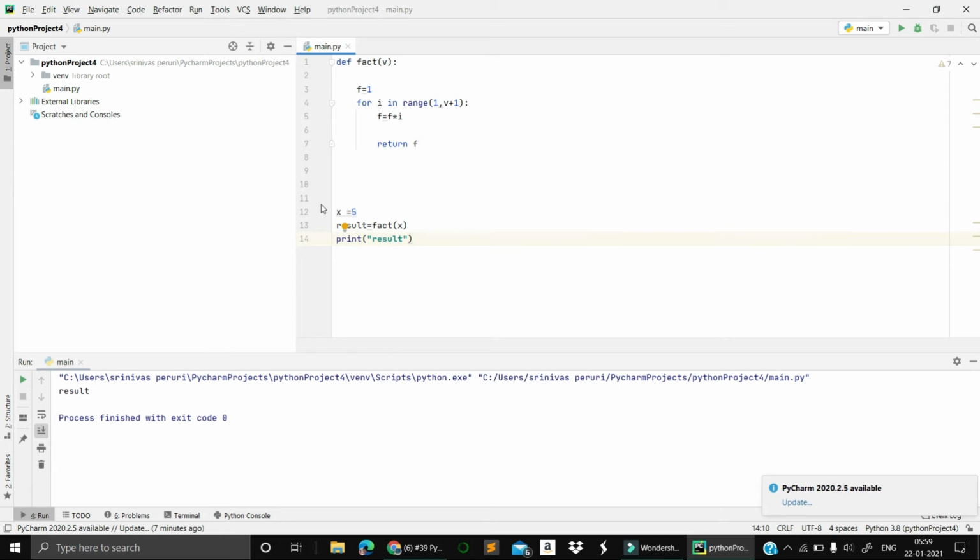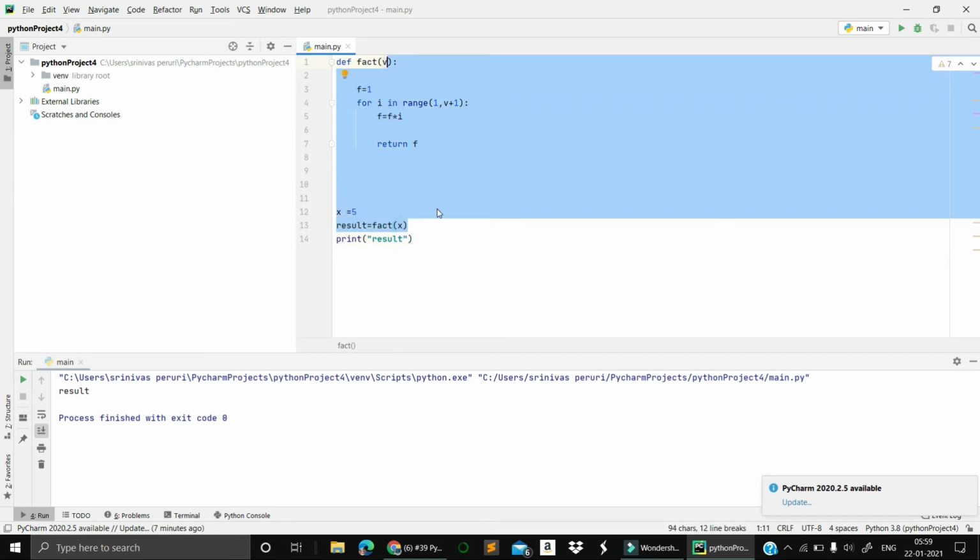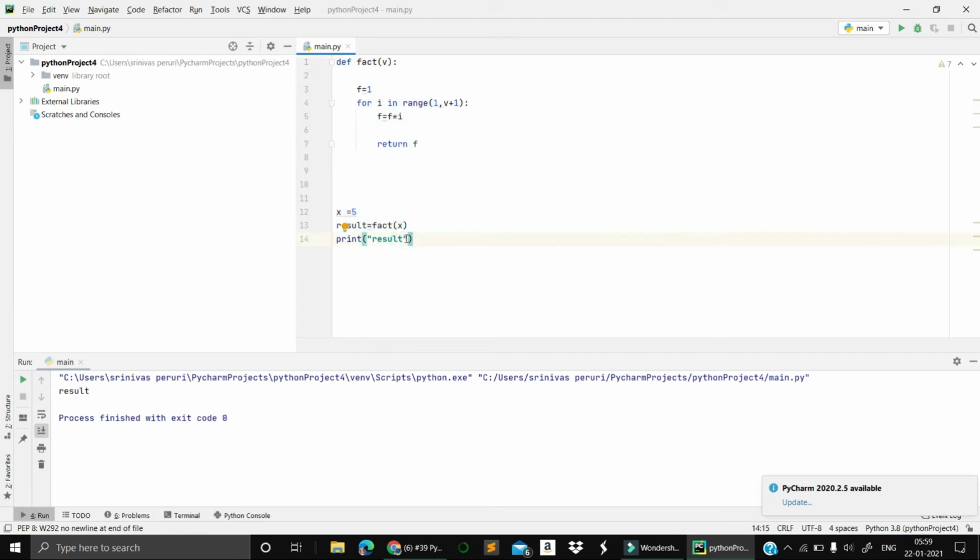Because this x is going to be taken by the v. If you include double quotes, it will not print the value, it will just print whatever is in it. You need to include single quotes, then you will get it, right? But you are getting something wrong. What is it? You are just getting one. Why? What is happening over there?